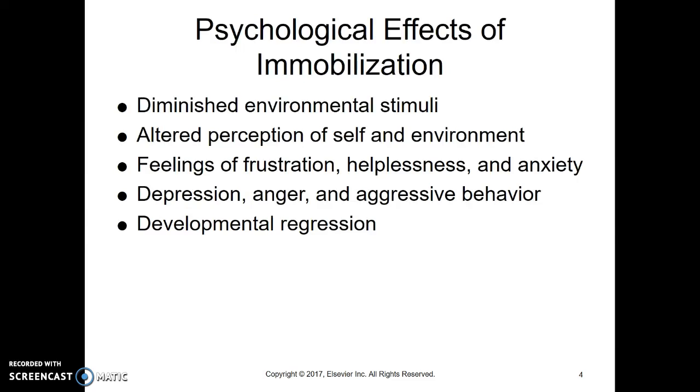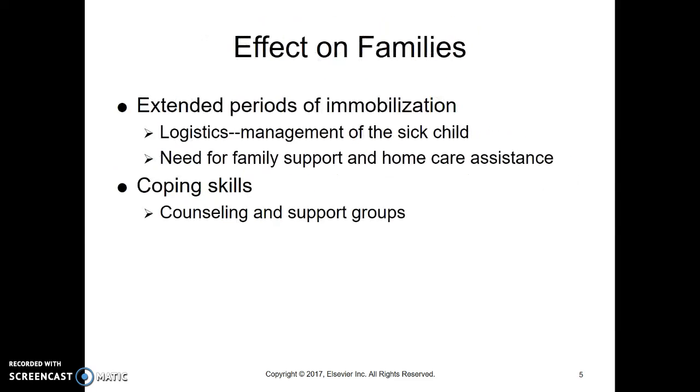And a child we've imposed some immobility on, maybe a medical procedure or a fracture or something has happened, we may see that aggressive behavior, but we also may see regression. So a child who was potty trained may start having accidents, or they may just start acting younger, more immature, even though they were acting more mature previously. And that is common and not really something to be concerned about. We need to tell parents that's typical, that's normal. It's not something we need to worry about.